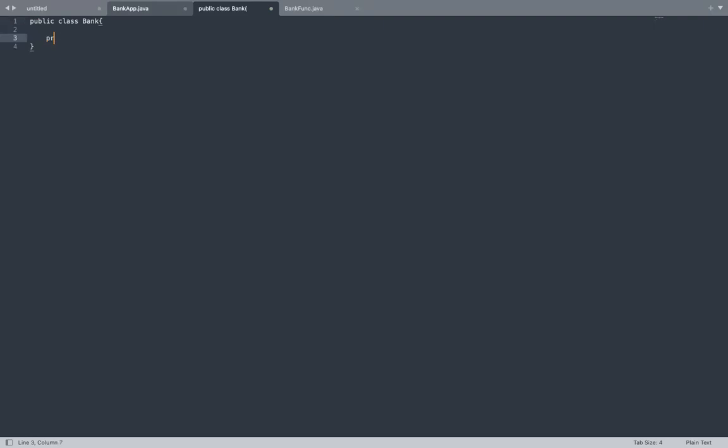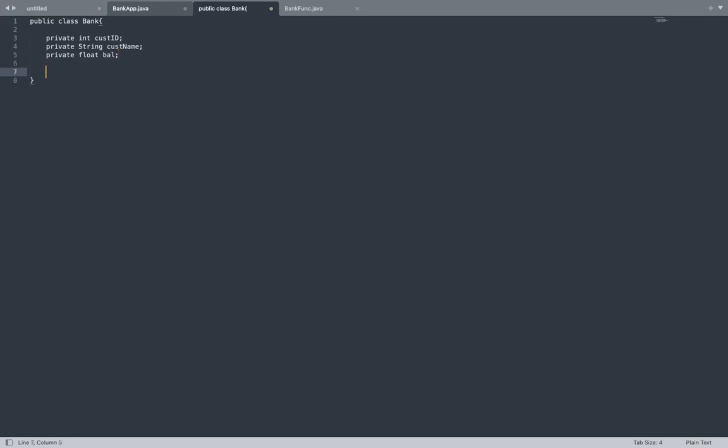We need only four things: customer name, customer ID, or you can give a unique name however you want, cust name or just name. And we need to have a balance attribute. You can just give private float or double balance. Yeah, this should be fine to start with.